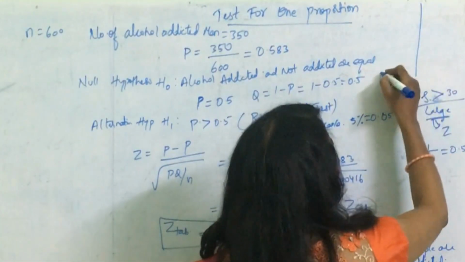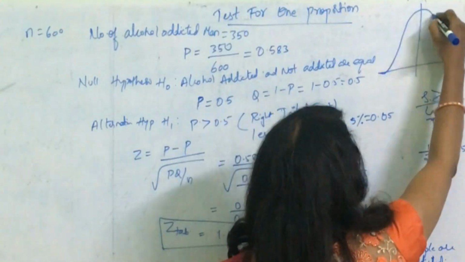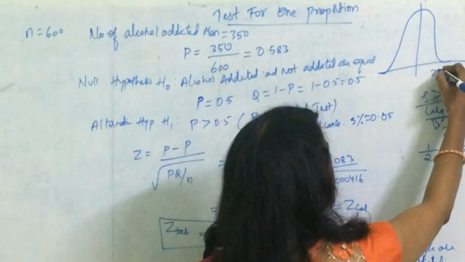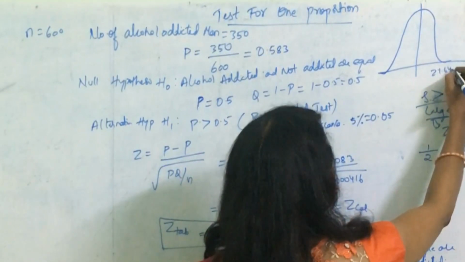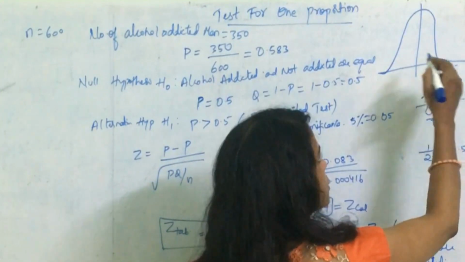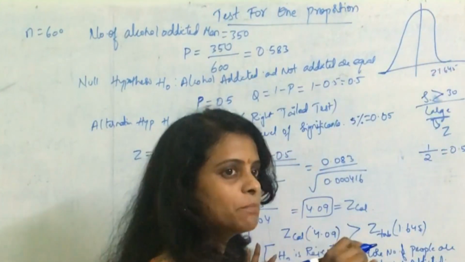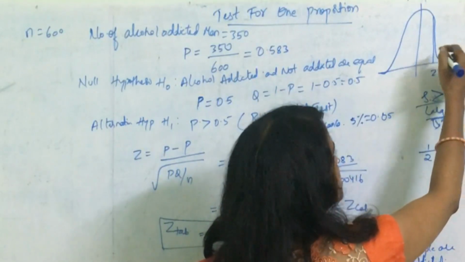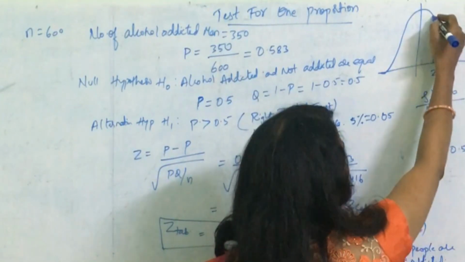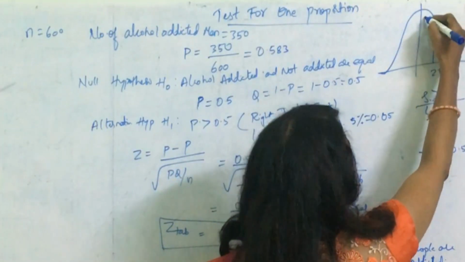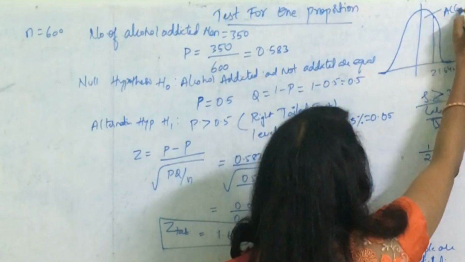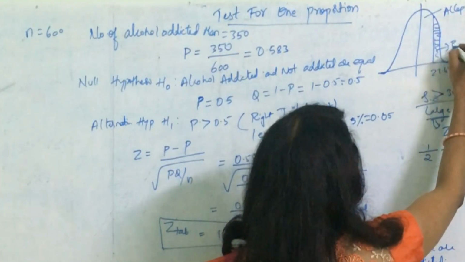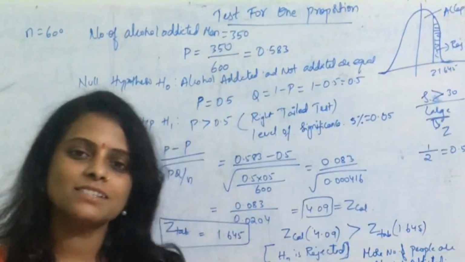So here for this we have to draw a curve in this form. For the z test, what is the z value we have got as the table value? 1.645 is the table value which we got. So we have to find out what is the acceptance region and what is the rejection region. Suppose here the value is 1.645. When it is 1.645, this region is the acceptance region. And the region here is the rejection region. Okay, in this way we have to draw it.